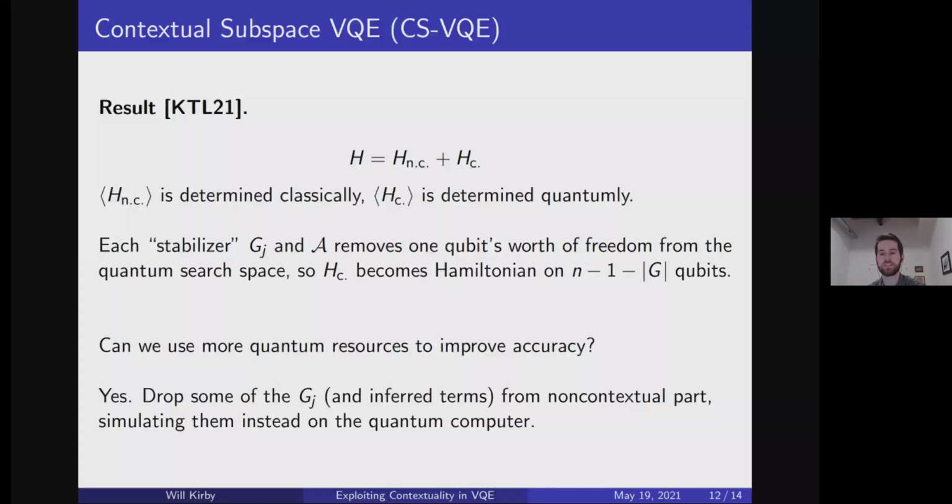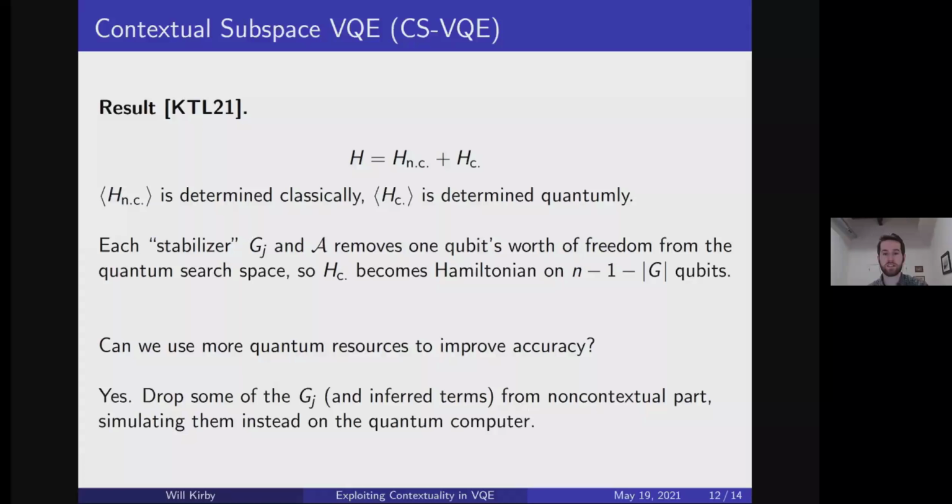And in particular, this lets us use exactly all of the available qubits on whatever quantum computer we have access to. So maybe by doing this, we can get a better overall approximation. And I'll note that the search space still includes the original search space, so we're guaranteed to do at least as well. And we refer to this whole collection of ideas as contextual subspace VQE, or CS-VQE, because the